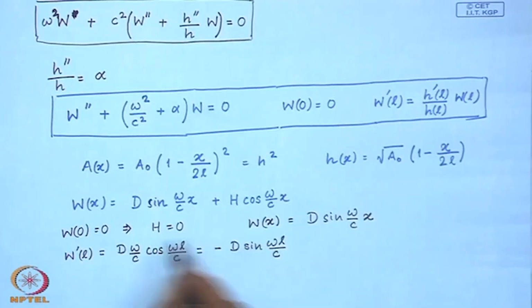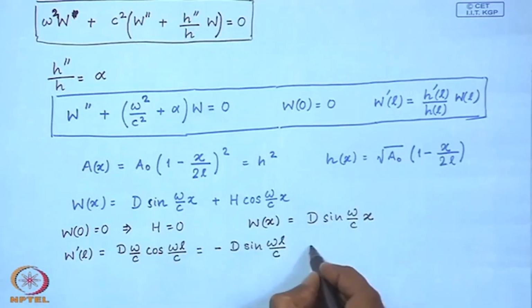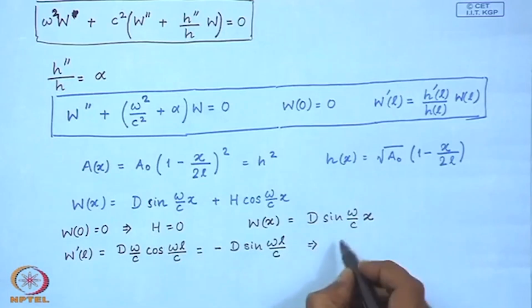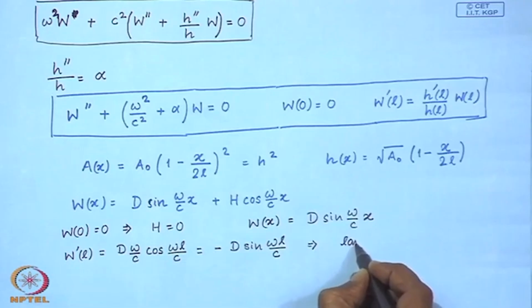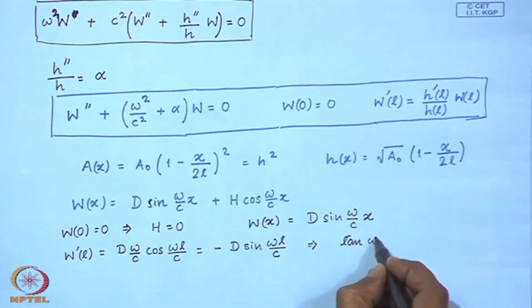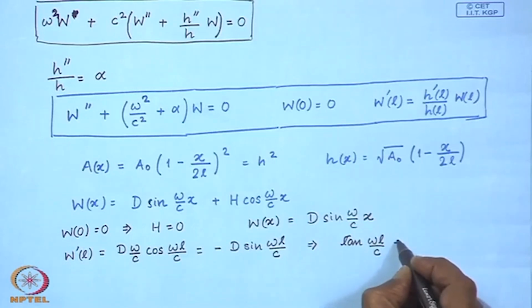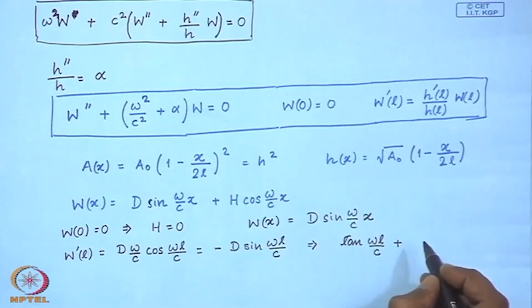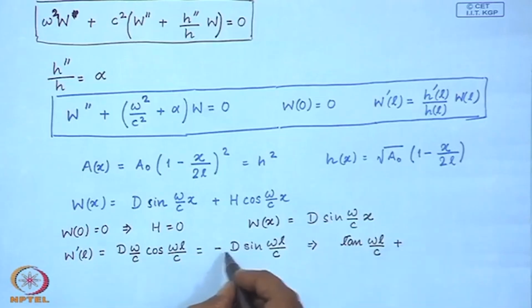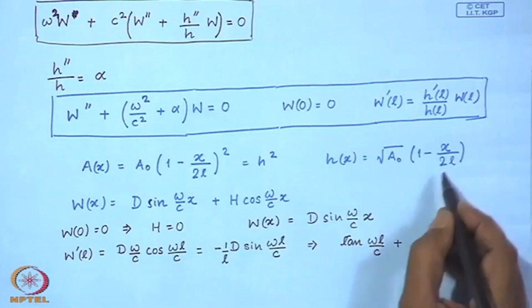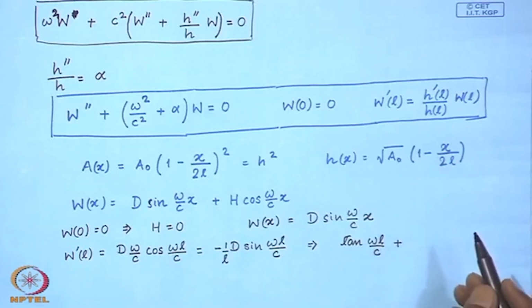So, from here we obtain, here of course 1 over L will remain. So,